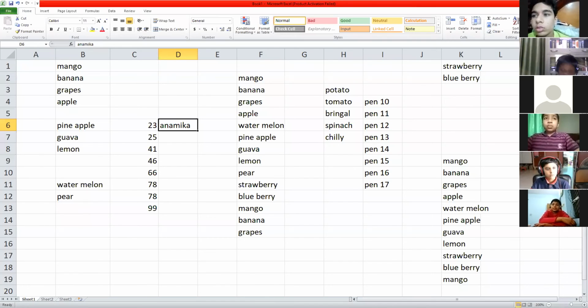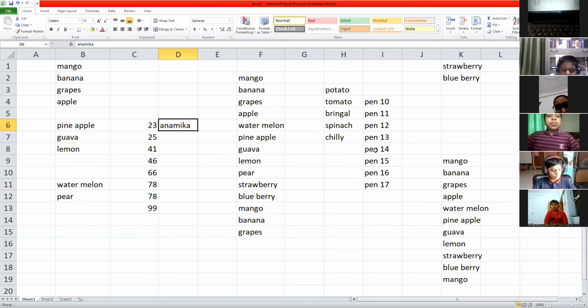Yes, Aditya Dubey. Good morning, ma'am. Good morning. Ma'am, like you said, if you can't do it that way, it will show the autofill option here. Miss, I have clicked on that, then I clicked on fill series, and it gives 2, 3, 4, 5, 6. Miss, wait a second, I'll show you. First, sit properly.